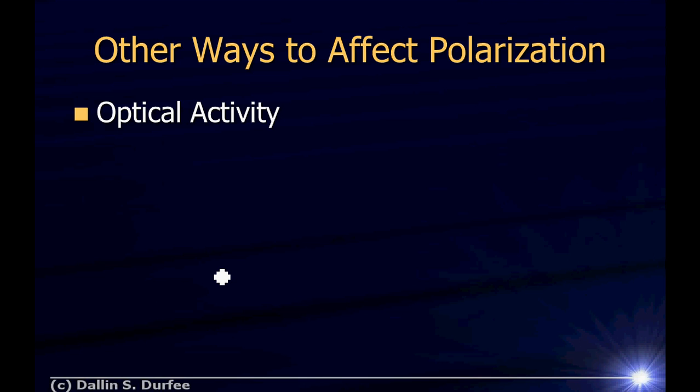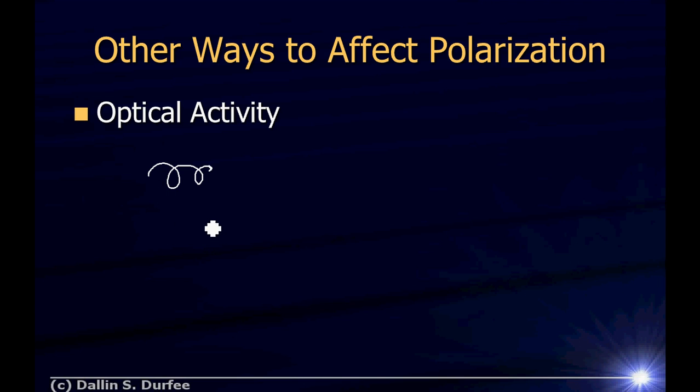There's also something called optical activity, which can affect polarization. One good example of that is sugar. Sugar molecules have a definite helicity. They only rotate one direction. They kind of make a helical shape, and they only form with one-handedness. I believe it's left-handed, but I can't say for sure.